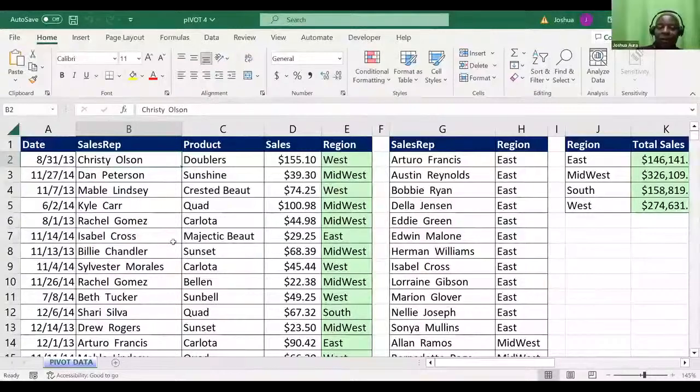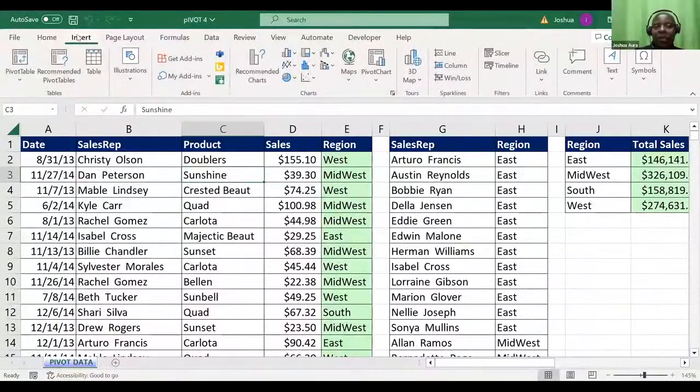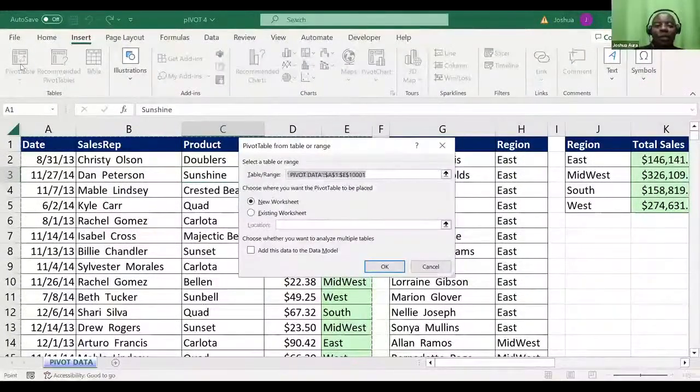So what you have said, once you're given this kind of data, you just come inside here, the main table. Come inside the main table anywhere, click inside a cell, Consolata, inside any cell. It can be even Sunshine. Click, highlight any cell within the big table. That's table from A to E. Once you do that, you go to insert. What are we inserting? It is pivot table. Once you say pivot table, there is a pop-up. We don't even read what it says. You say okay.